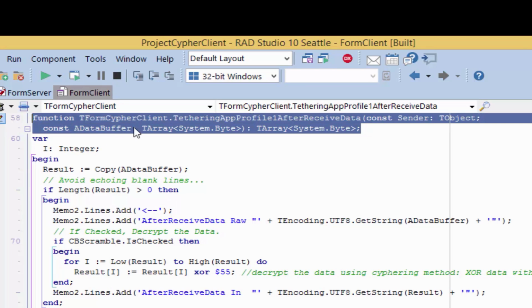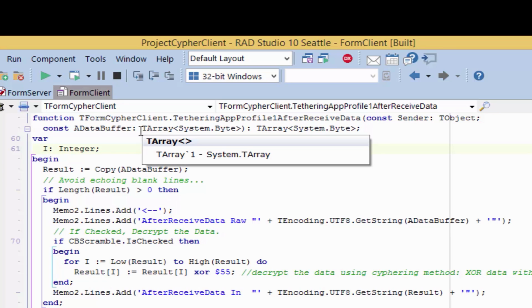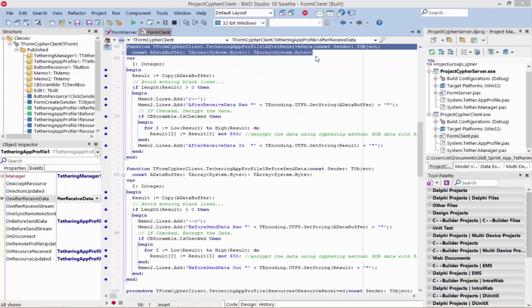So here we have the function for onAfterReceiveData, and we see that it's very similar to the function BeforeSendData. So here the A data buffer is the receive data from the remote application profile that encrypted the data. So here we can process the A data buffer and decrypt the data. Here in the onAfterReceiveData event is where we need to decrypt the string data and return the plain data result